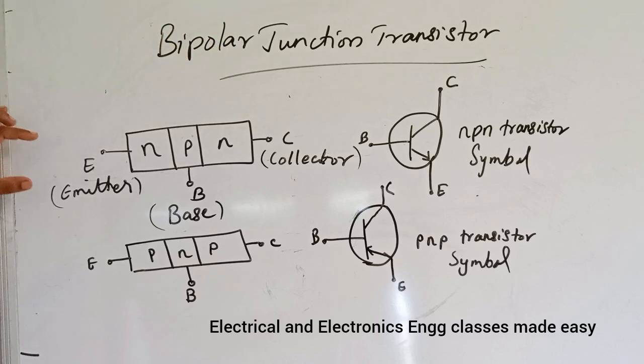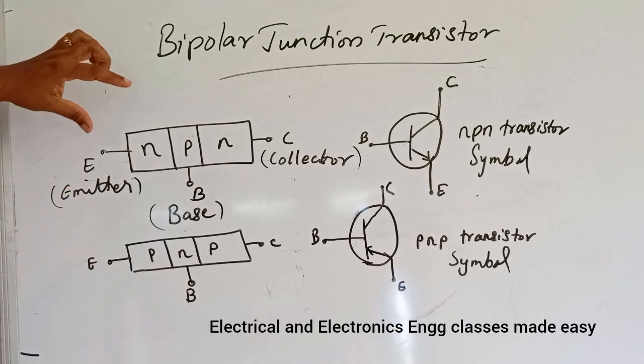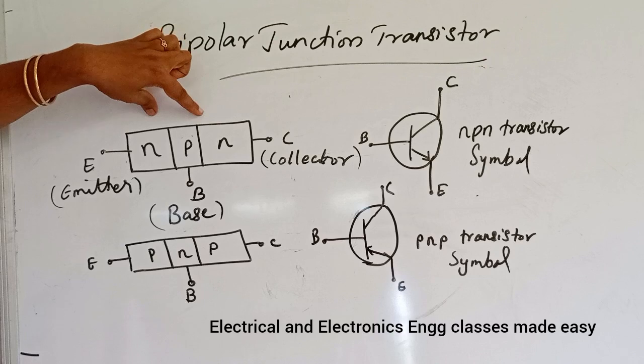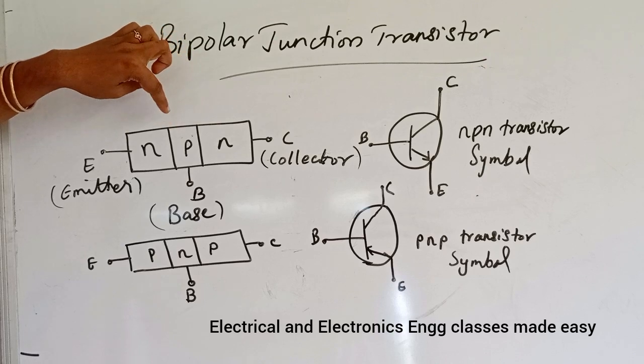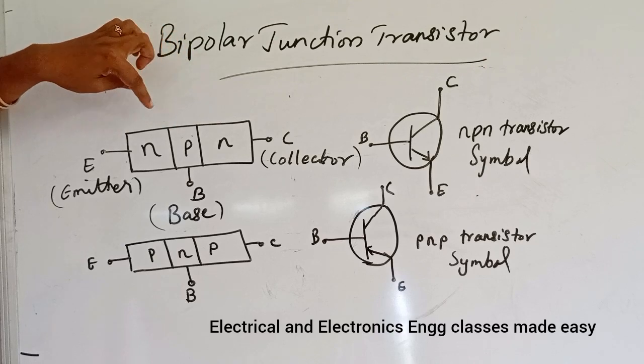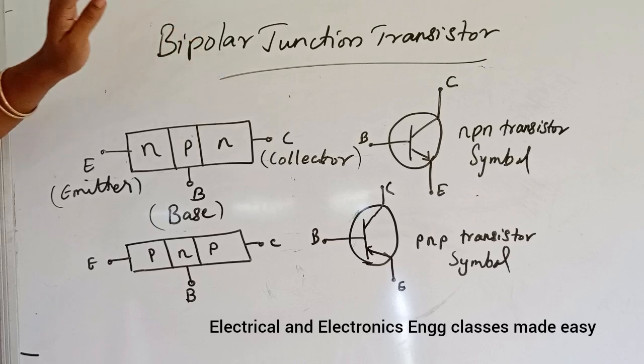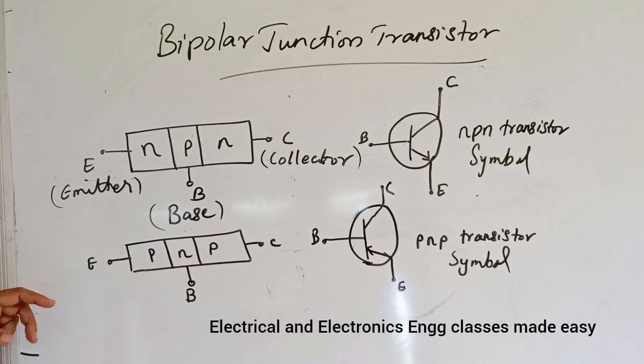And there are two types of bipolar junction transistors. One type consists of two n regions separated by a p region, that is NPN,